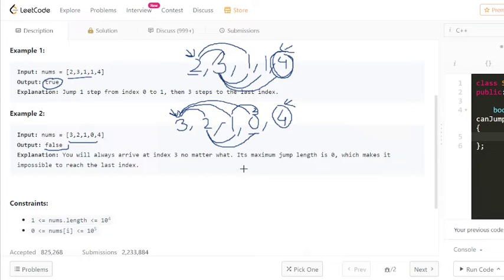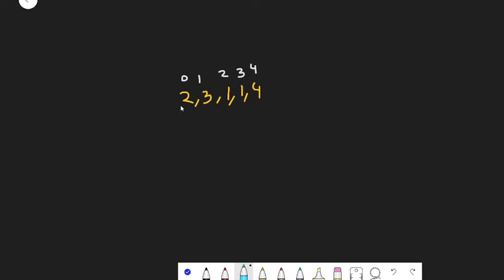So now let's understand the algorithm for this. Let's consider this integer array, right? Currently this is our starting position and this is our target position. Currently we are at index 0. Let's take a variable called steps. This variable is going to tell me the number of steps we can take, the maximum number of steps we can take from that particular index. Currently we are at index 0, and the maximum jumps we can take from this index is actually 2. So let's consider these steps will be 2.